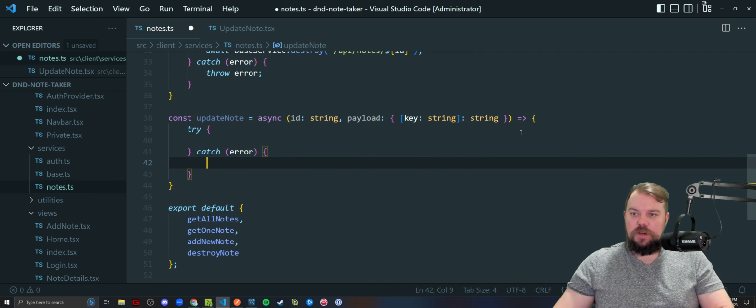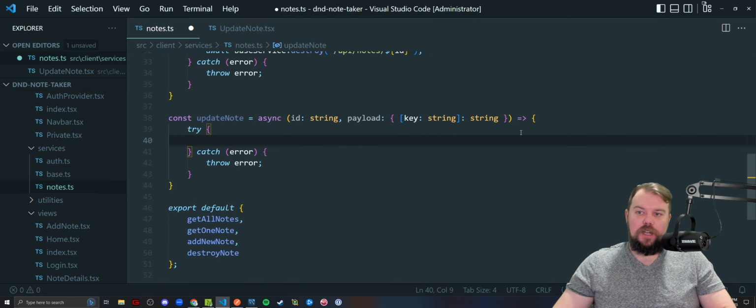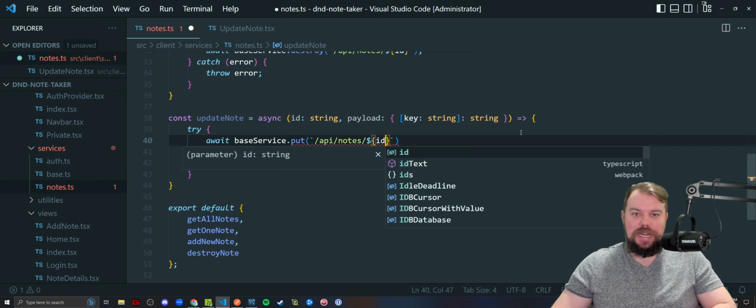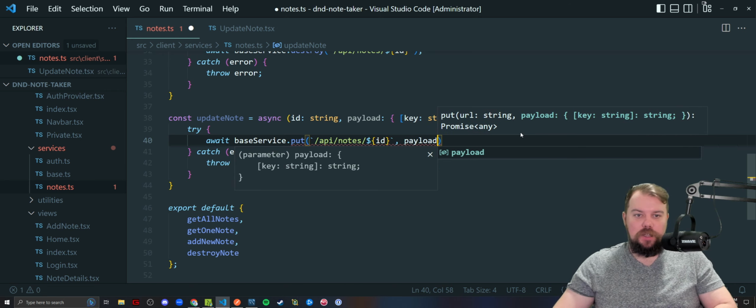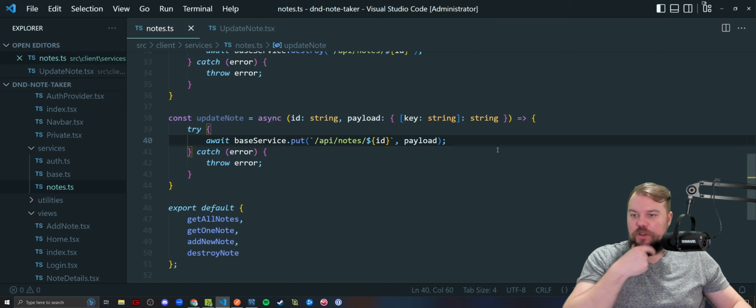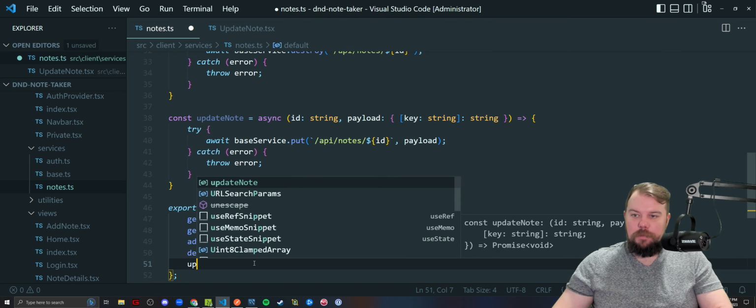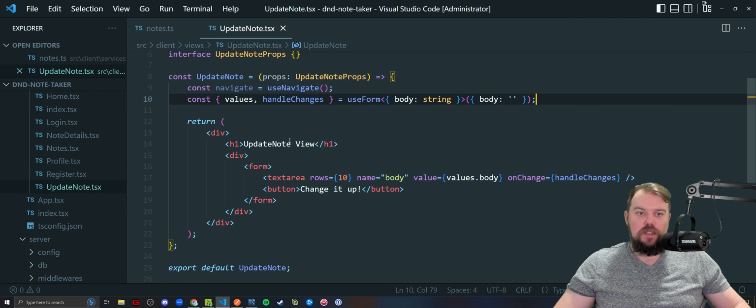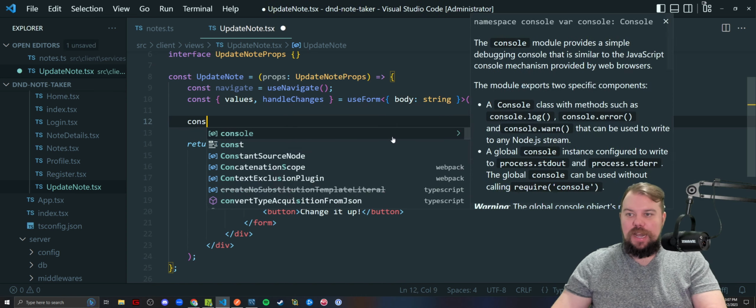Is going to run that try catch, throw the error up to needlessly log it from the component side of things, and we're going to say let's await a call to base service dot put to the path of API / notes / the ID and pass up a payload of what our edited note value shall be. There we go. Update that note, add that to the export list, and here we go. From here, we want to edit this note and navigate away. So we're going to add that handle